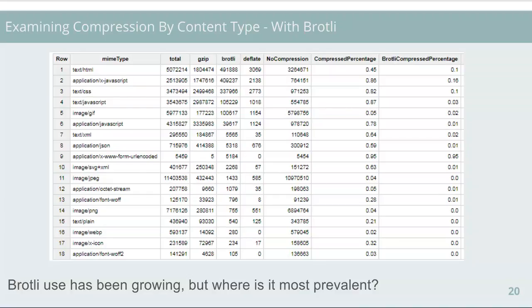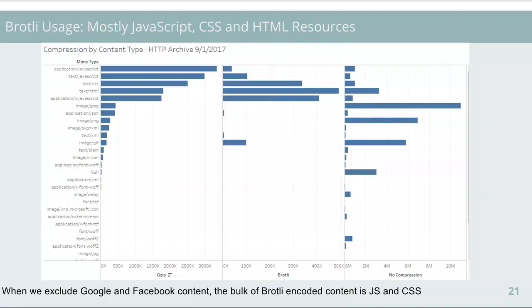10% of HTML on the web, and this was from last month, is actually being Brotli compressed. 16% of JavaScript. These are really high numbers for something that was relatively new. Peeling into the data, I was able to see that a lot of the Brotli compressed resources, especially the ones for JavaScript and HTML, were actually Google and Facebook. So when you see a Facebook like button on a page, that's most likely Brotli compressed, and that's why it's showing up so high. But if we eliminate Google and Facebook from the results, we see